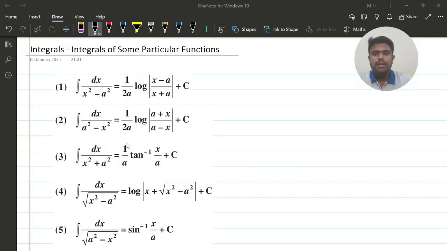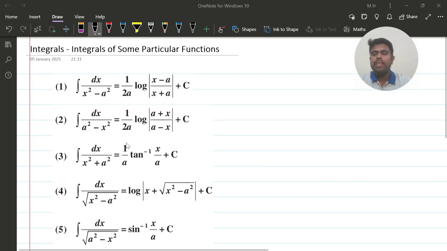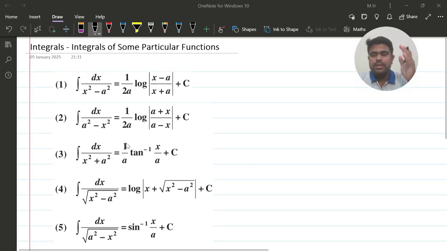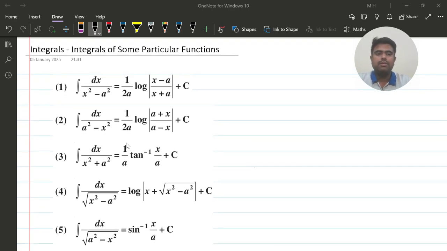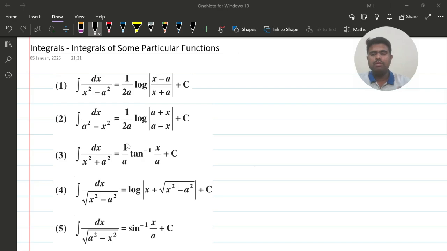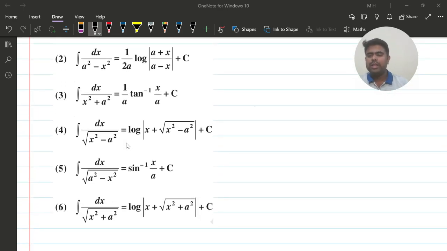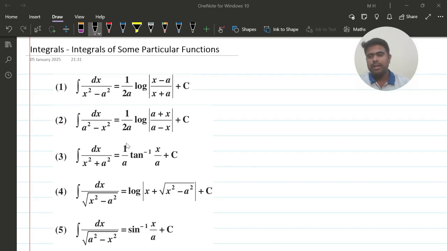Hello everyone. In this lecture, we shall start with the integrals of some particular functions. To begin with, we have six particular functions. The first one is 1 by x square minus a square. The second one is 1 by a square minus x square plus a square, etc. All these are of the form either 1 by a quadratic expression or 1 by root of a quadratic expression. We have more than these that we will take up in the next lecture, but